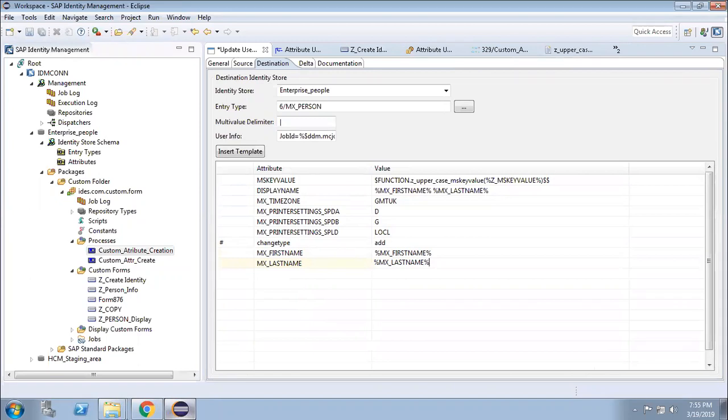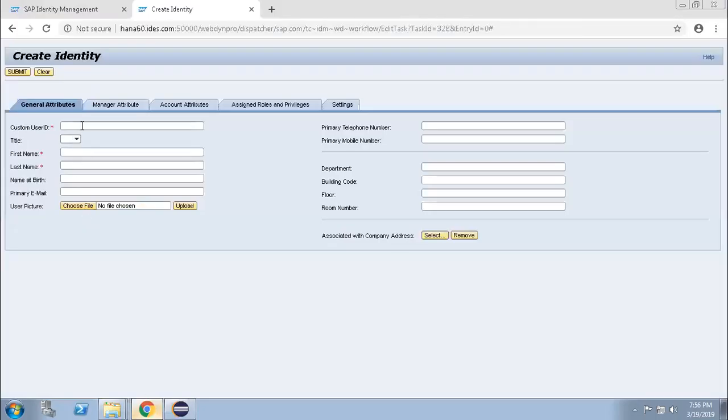Okay, first name and last name I have updated, display name I have updated, time zone, these things will be updated. So let's save it. Now I am trying to create a user called test underscore user 02. The first name I am putting test, and the last name is user 02.